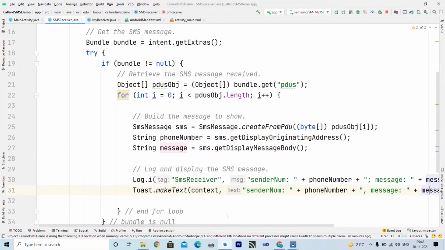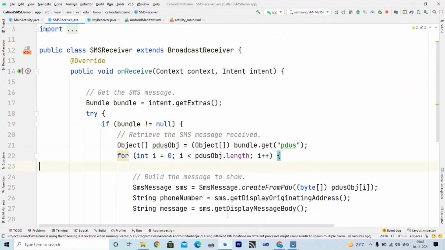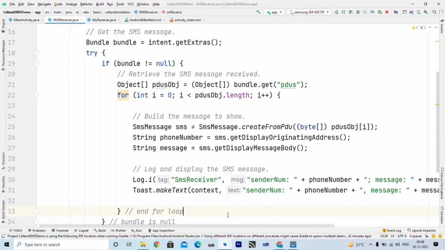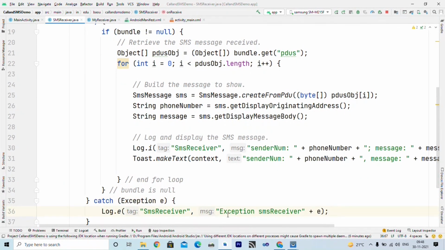So whenever I receive a message, this SMS receiver is notified by the system and its onReceive method is called. Inside that I have written code to get the SMS, retrieve the SMS message received, build the message to extract information to show, and finally we log and display that SMS message.